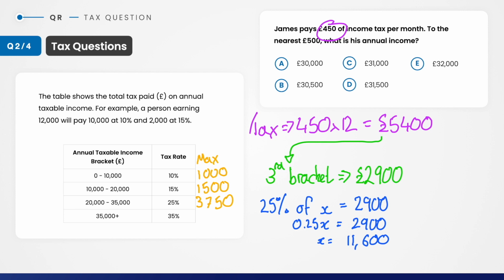Now the only thing that's left for us to do is take that 11,600 and add it to what he must earn within the first and second brackets, which is going to be that maximum of 20,000. So add on that 20,000 there, which is going to get us to a total taxable income of £31,600, which in this case, we're rounding to the nearest 500 as the question asks us to. So this one's going to actually lead us to answer option D,